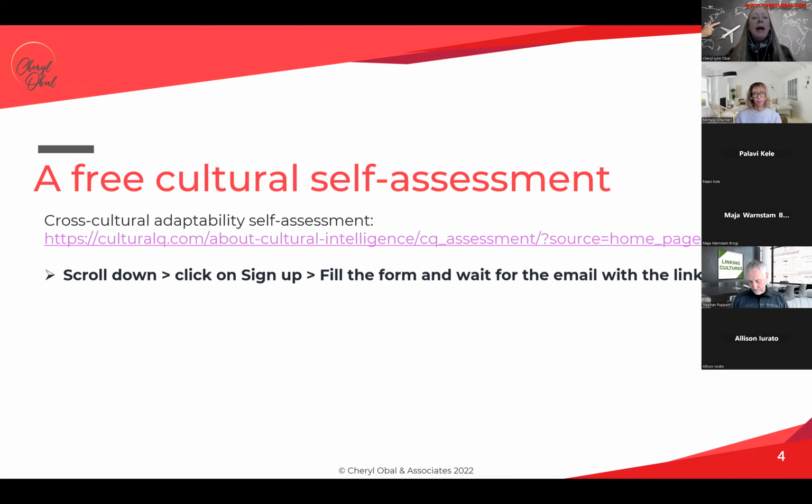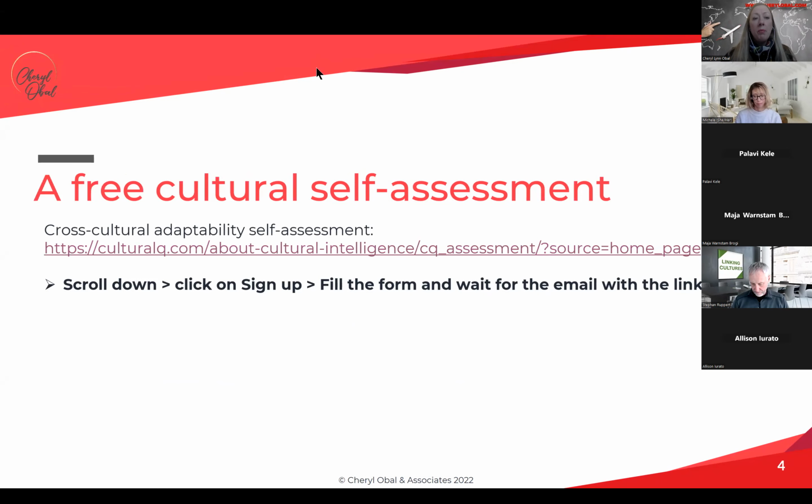What I'll do is click on each and every resource so we can actually see it. So I'm going to click on it and change the share, and then I'll put this link into the chat box as well. So this is the Cultural Intelligence Center. It's, I think, a US-based cross-cultural training company. They have certifications also. And then you can see here, what's your CQ?